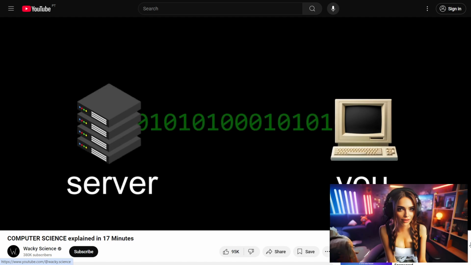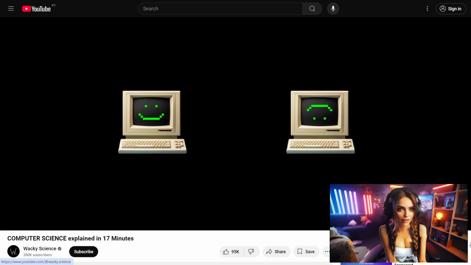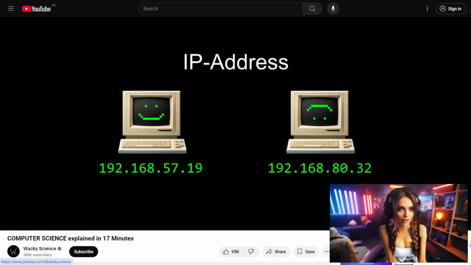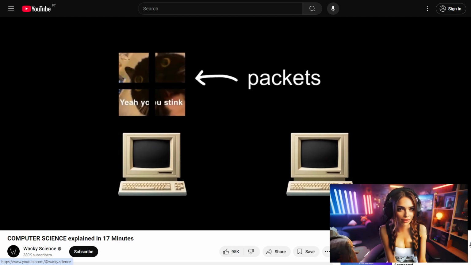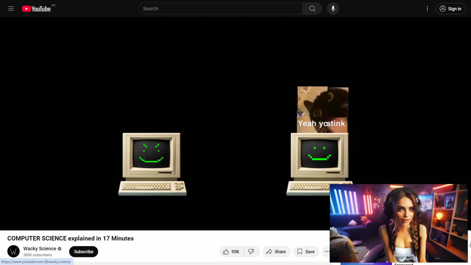These computers communicate with the Internet Protocol Suite. Every computer on the network has a unique IP address, and two computers can then transfer data with a transmission control protocol. It breaks messages into a bunch of packets, sends them through a network of wires before the receiving